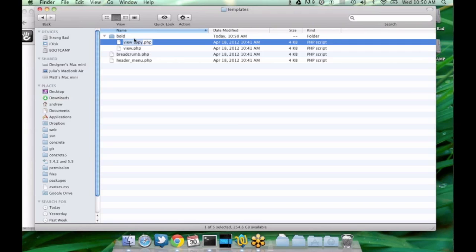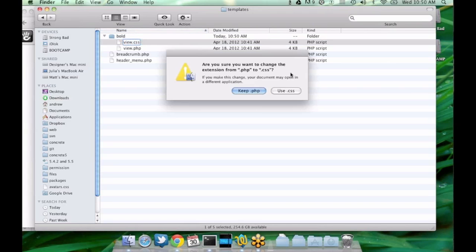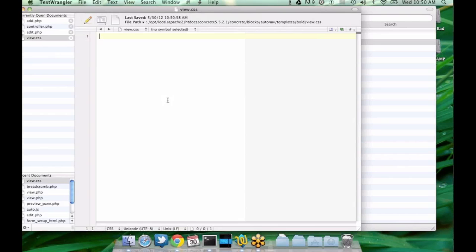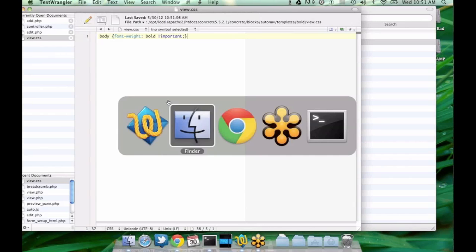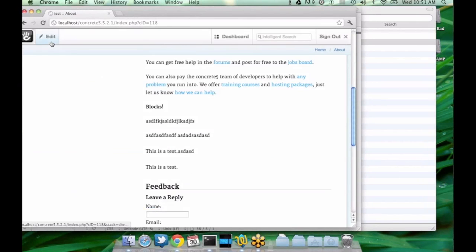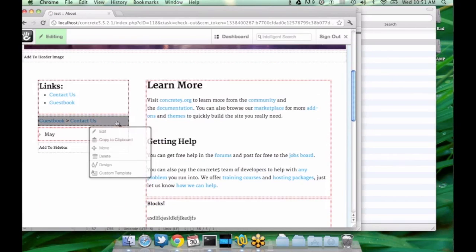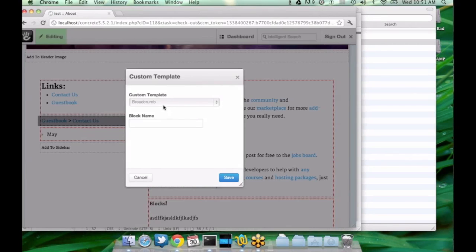And then if you create a CSS file called view.css in here, and you added this to that CSS, now if you apply your custom template here, you can see the bold shows up the same, and then when you save it,